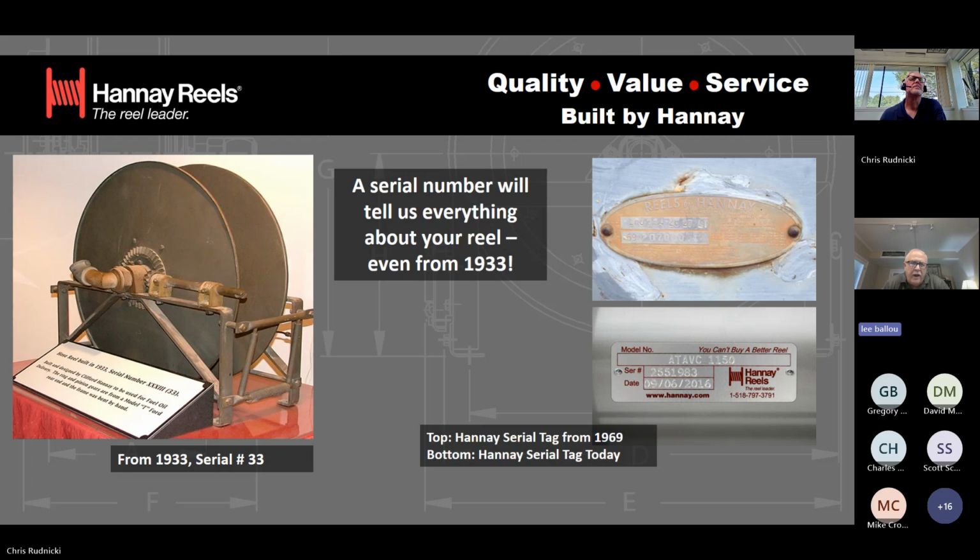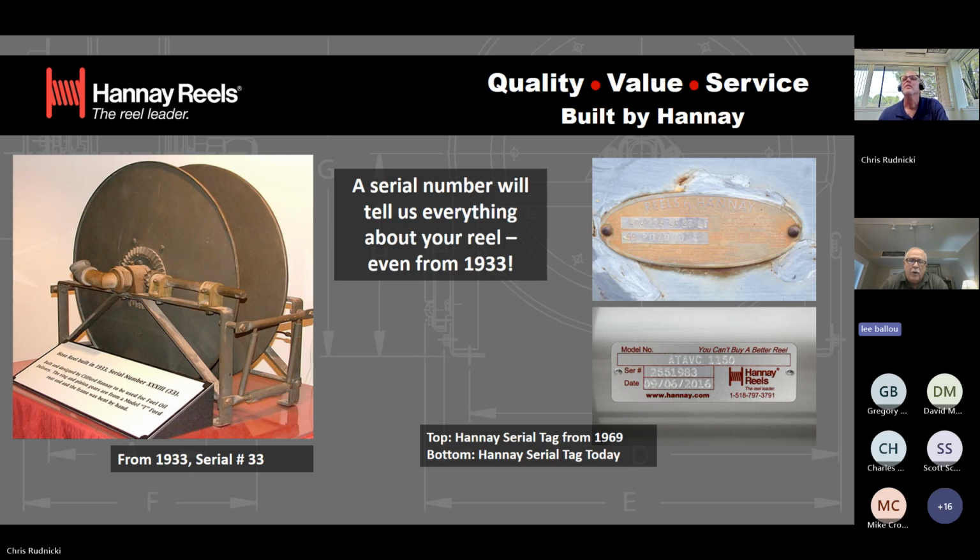Now, what happened from there was about a year and a half later, Ken Morrissey came to Clifford Hannay and said, you know what? I don't think this hose reel idea is going to go anywhere. I'm going to stick to doing my heating oil business. You want to buy me out? And so he did. Clifford Hannay bought him out for $250. Everything's relative. That might have been a lot of money back in the day. But that is one of the favorite